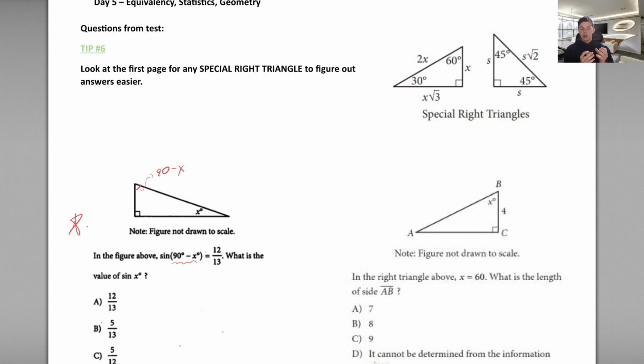This kind of understanding that you can have will allow you to be above the average. So this is the angle 90 minus x. Do we know what 90 minus x is? No. Do we care? No. So let's see it. The sine of 90 minus x, so the sine of this angle, is 12 divided by 13, which is, according to Soh Cah Toa,